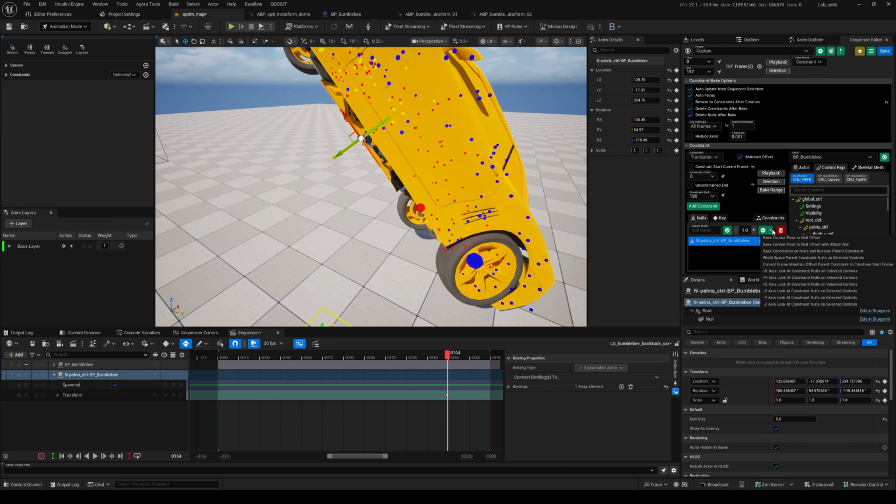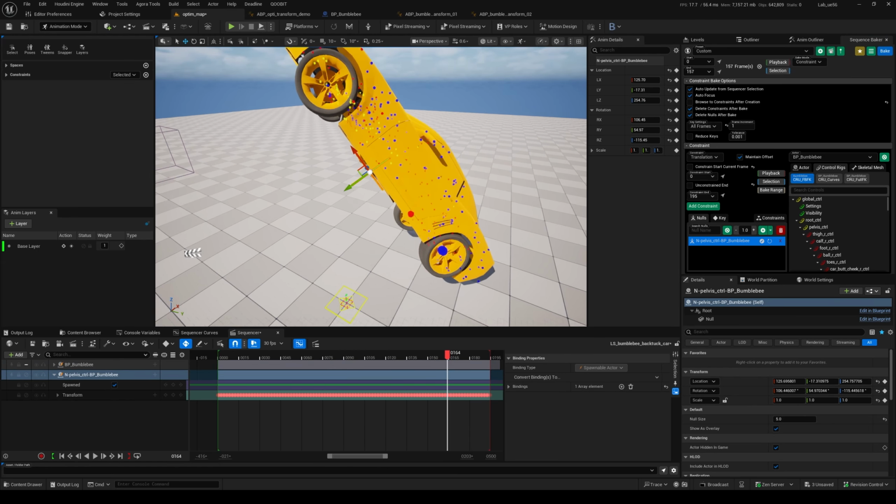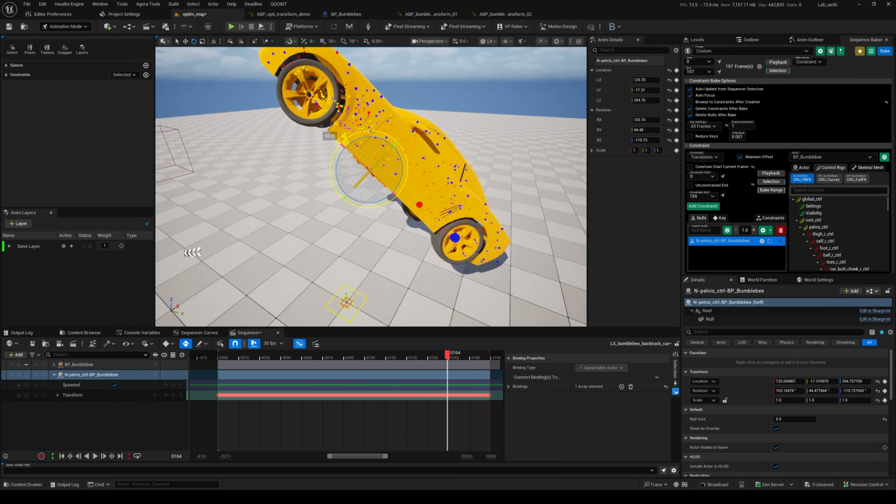And then instead of using the macro of world space parent constraint nulls on selected controls, I can actually just use this bake control pivot to null offset. So from pelvis here, I just click on pelvis because it's asking me to select a control for pivot offset. And now it's the exact same bake where this null controls the pelvis bone for that control rig, but instead